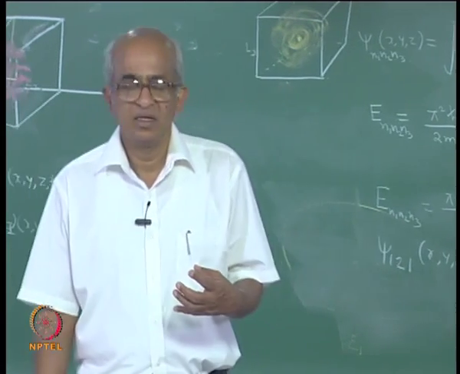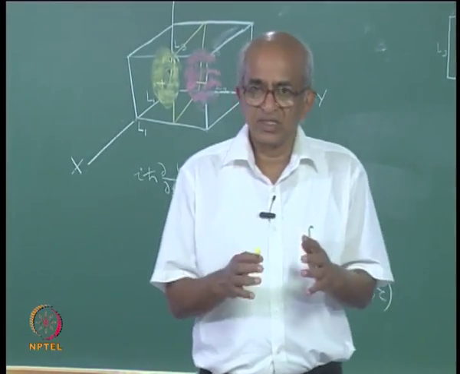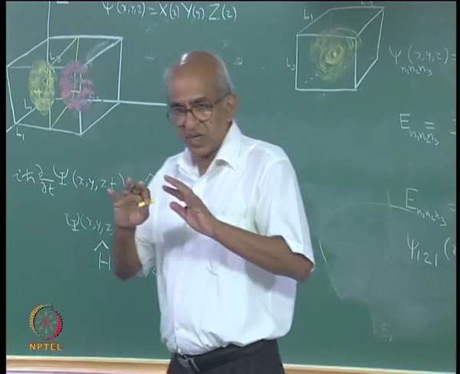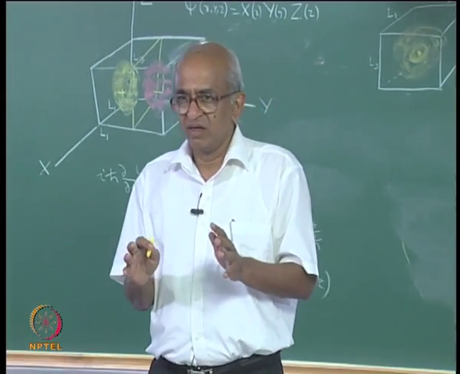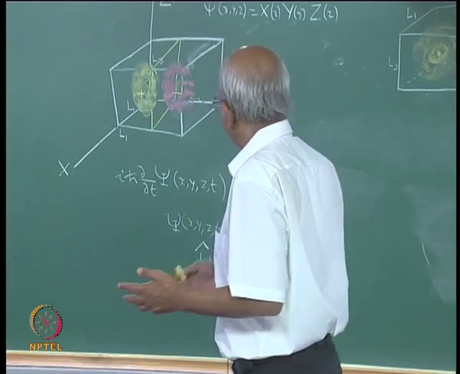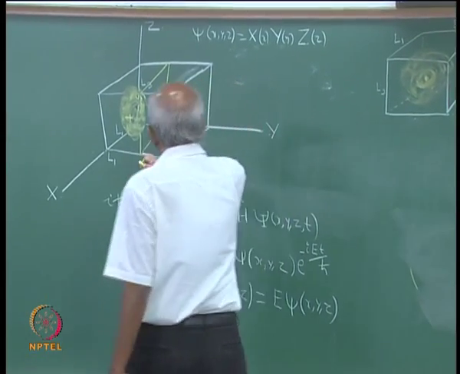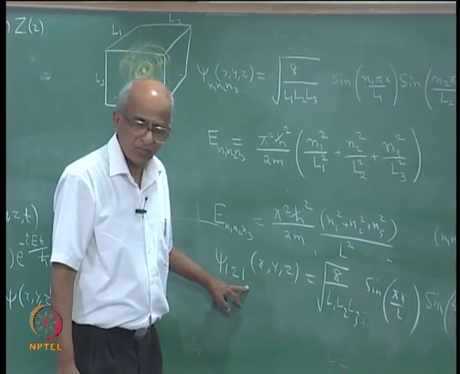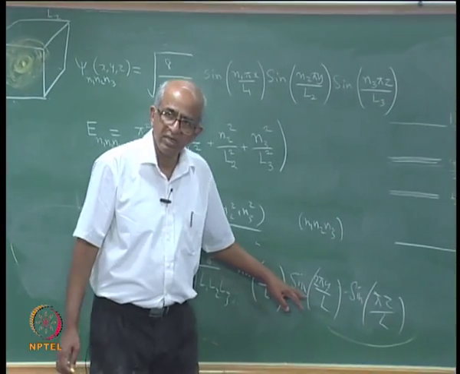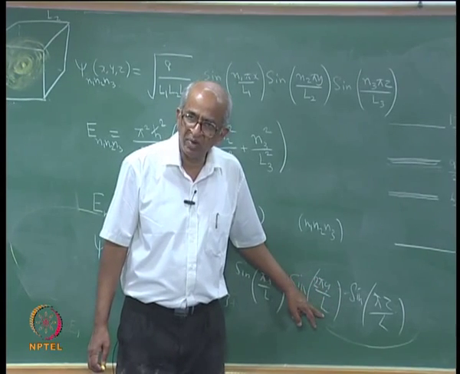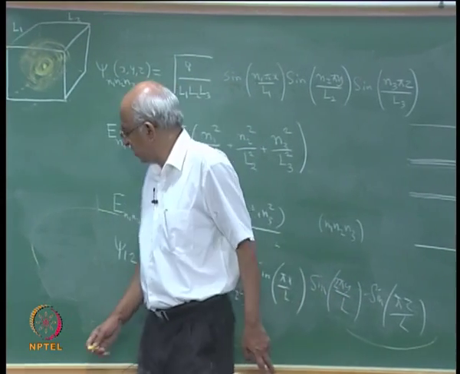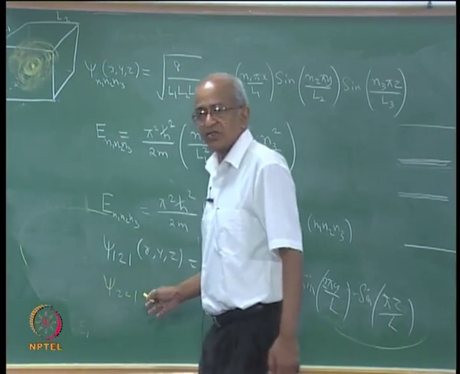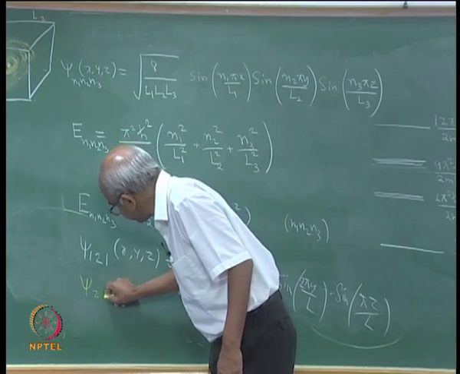So, we were discussing the wave functions for a particle in a 3-dimensional box. We saw that the simplest has no nodes, while the next possible one has one node. In this particular case, where I thought of psi 1 1 1, it has a node in the y equal to L by 2 plane, or if you had thought of psi 2 1 1.